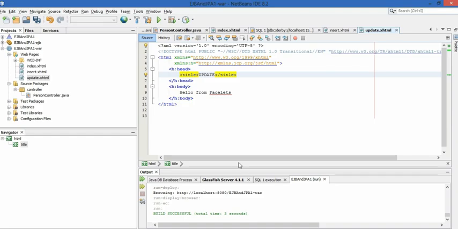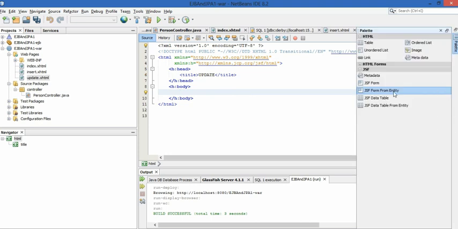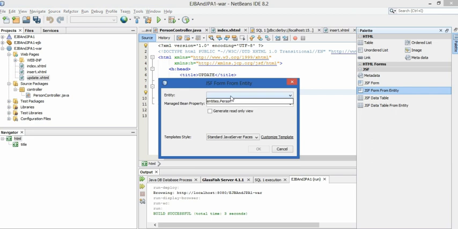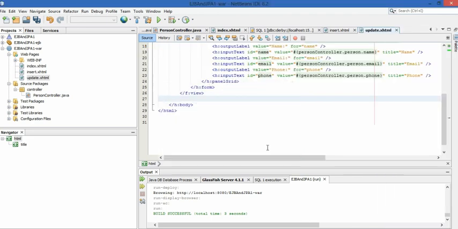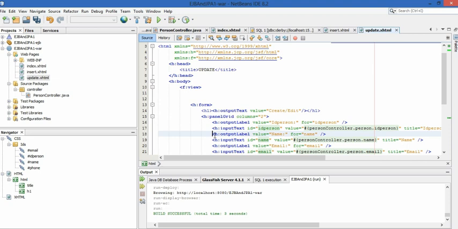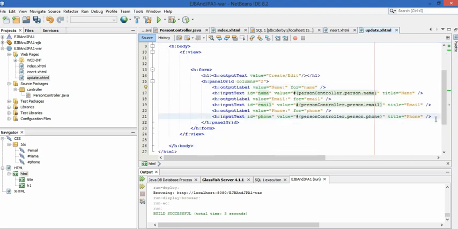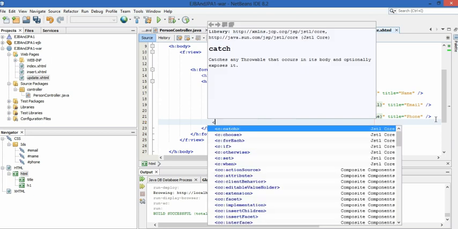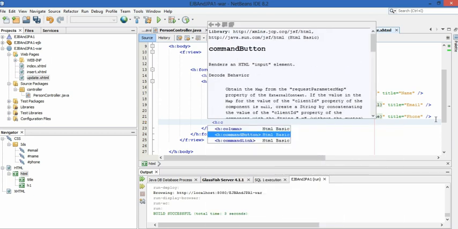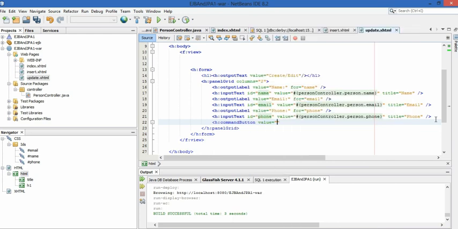And finally we are going to edit this page, that is the JSF form from entity. Just click, the same thing, except we remove the ID and the ID label and ID text field. Just click OK. We are not going to give permission to change their ID, we are giving permission only for the name, therefore we are removing the label of ID person and the text box. Now here we are going to add one command button. If they click the button, whatever value they entered will be updated in the database. The value is update. The action is